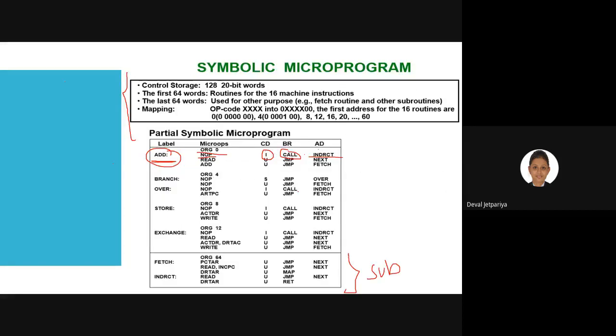See here, CALL is identified, that means we need to execute some subroutine. What is the name of that subroutine? The name of the subroutine is indirect address. See here, indirect address, right? Everyone, are you able to map this? As they have specified to execute the indirect bit, we will directly move towards here. Sorry, here. So in the indirect routine, what is the instruction set?